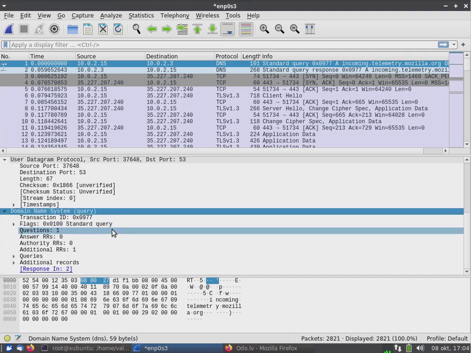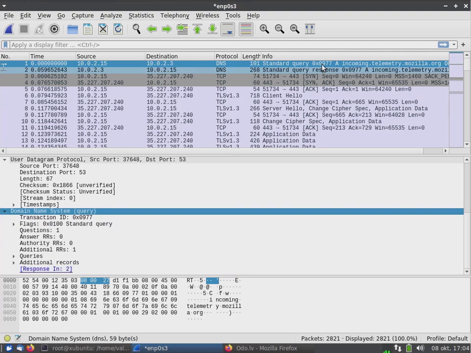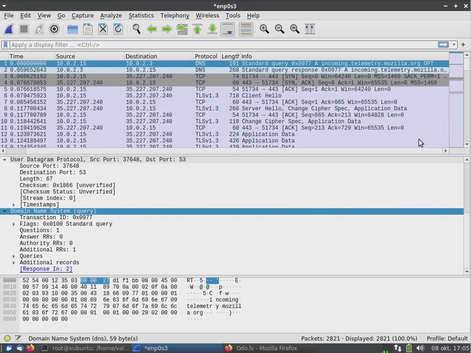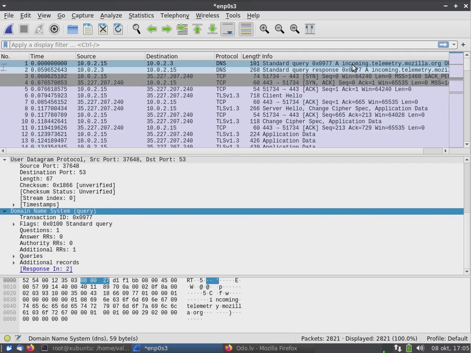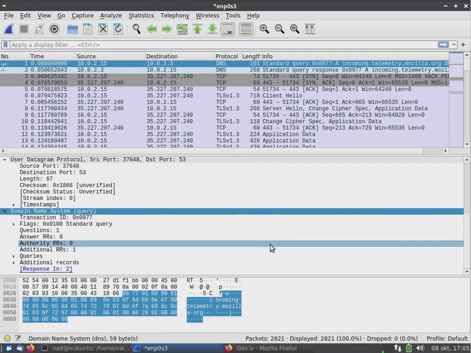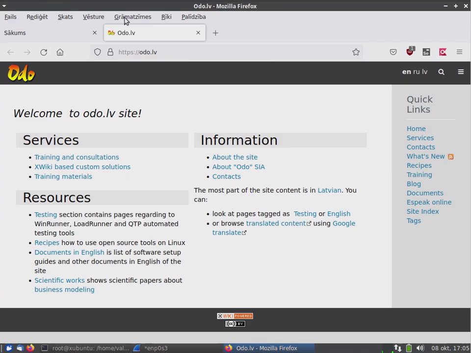So it's a domain name system query. It requested what is incoming.telemetry.mozilla.org. Oh, that's interesting. There shouldn't be such queries here. So some telemetry data are sent here by this browser.